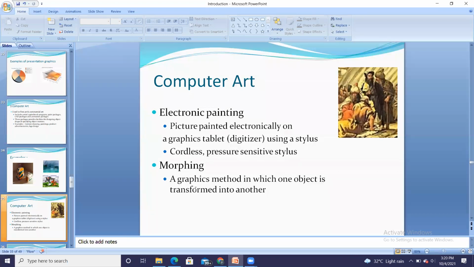And second is morphing. Morphing is the graphic method in which one object is transformed into another. Here morphing is nothing but changing the morphological structure of it. Maybe a circle, I can change it by giving pressure and it will become oval, and so on. So these are graphical methods in which I change the surface structure, the outside structure of the object.